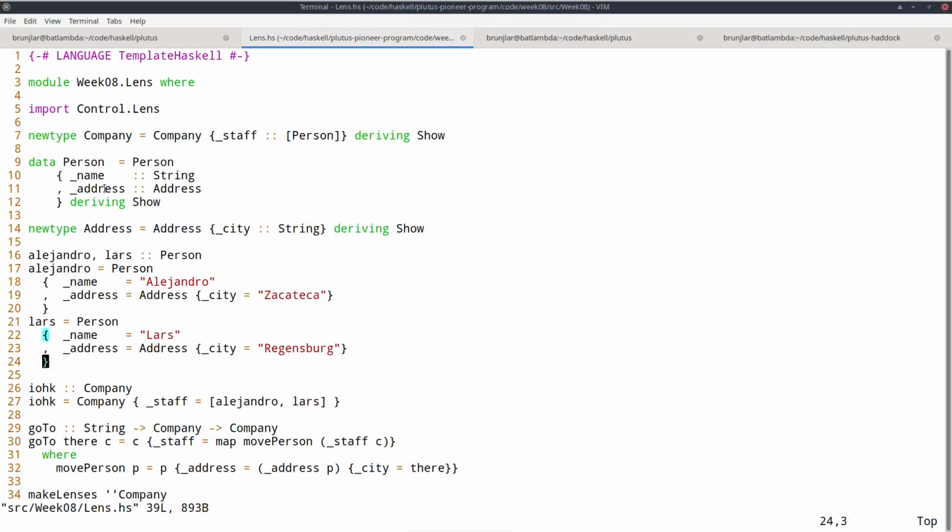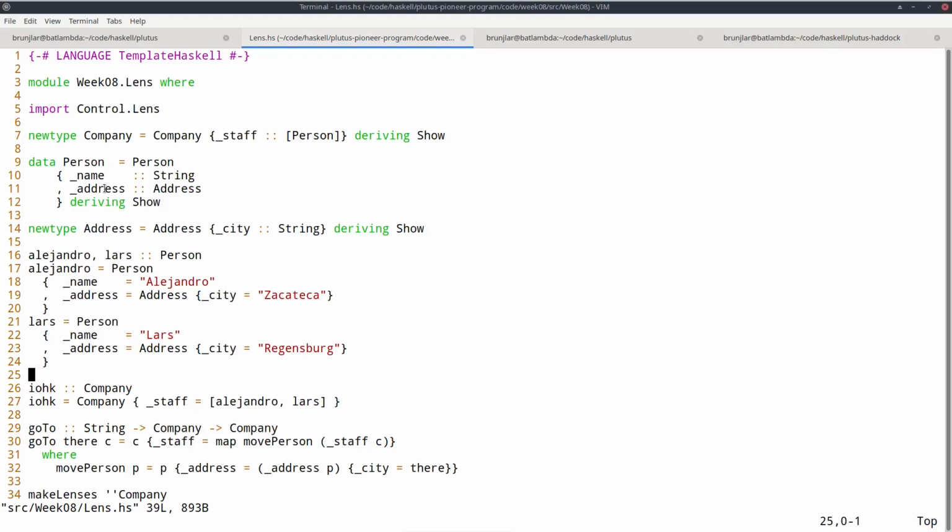So if I apply that to IOHK and as string argument I use Athens, then in the end I should get a company with, again, two persons, again named Alejandro and Lars, but now both of those should have city Athens.